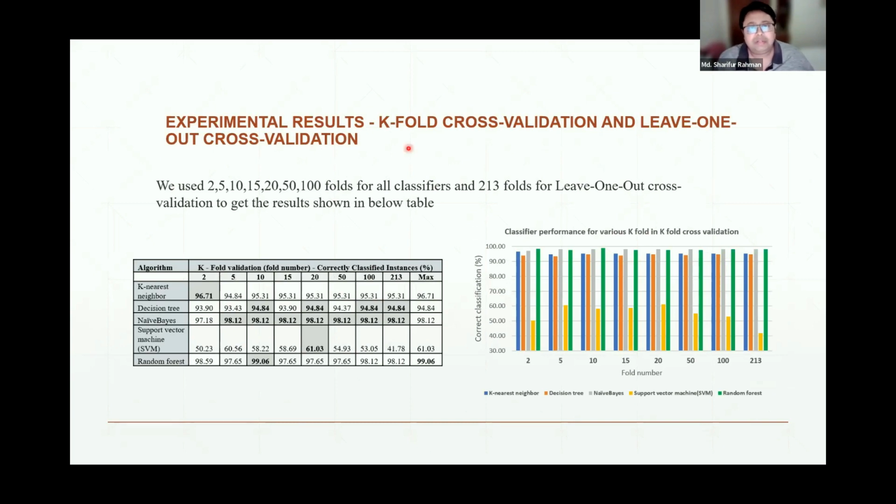This is the second experiment with KFold cross validation and leave one out cross validation technique. We used two-fold, 5-fold, 10-fold, 15-fold, 20-fold, 50-fold, and 100-fold for all the classifiers, and 213-fold to simulate leave one out cross validation technique. So if you can see that